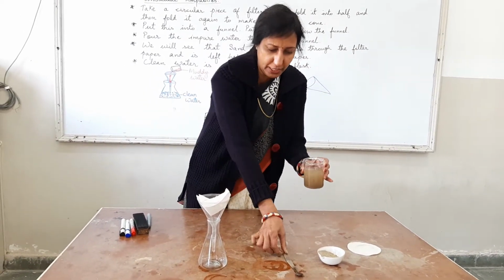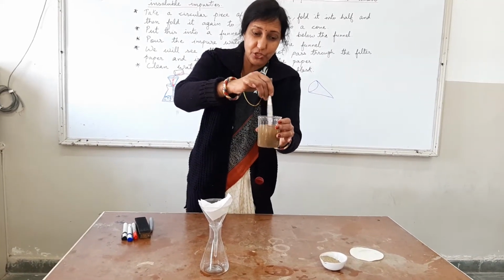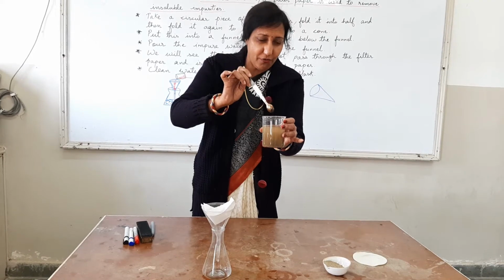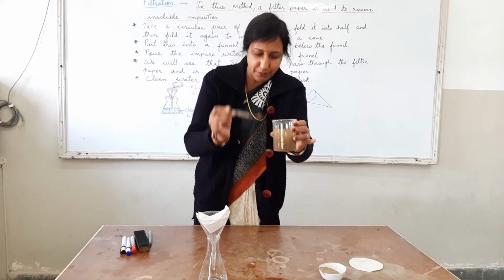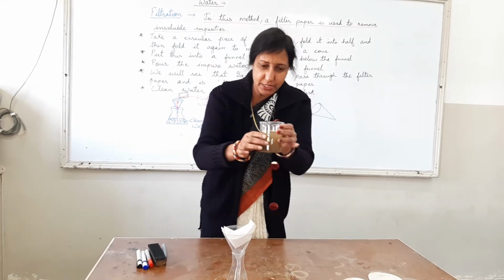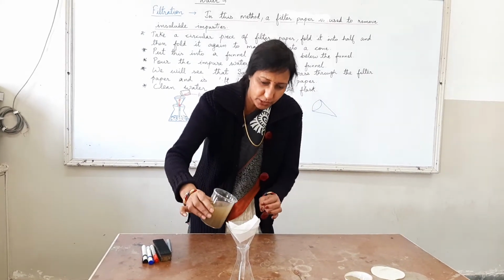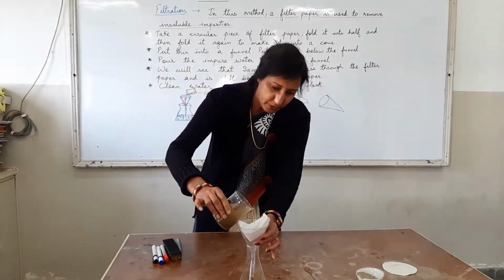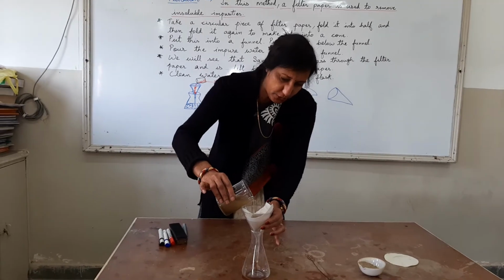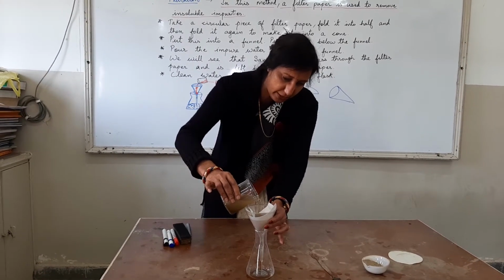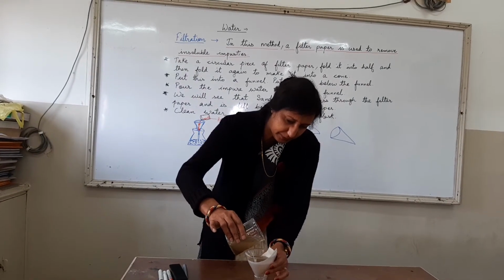With the help of this spatula, I am trying to dissolve it, but the sand is not going to dissolve because it is an impurity which can never dissolve in water. So what we have to do, for making the muddy water clean, is pour this water into the funnel which is having a filter paper in it. And I am trying to pour the water in there with the help of the funnel into another container.